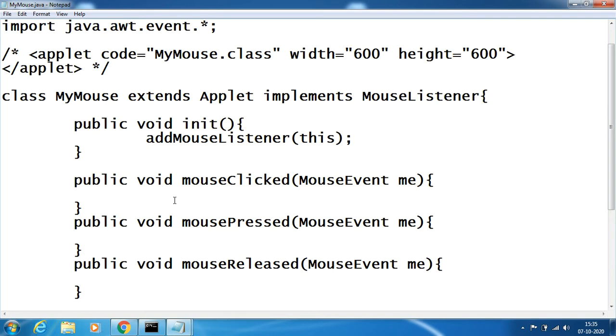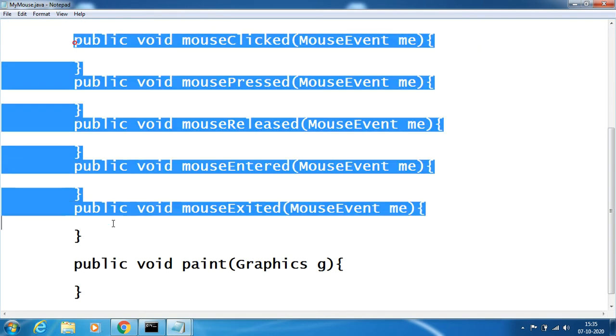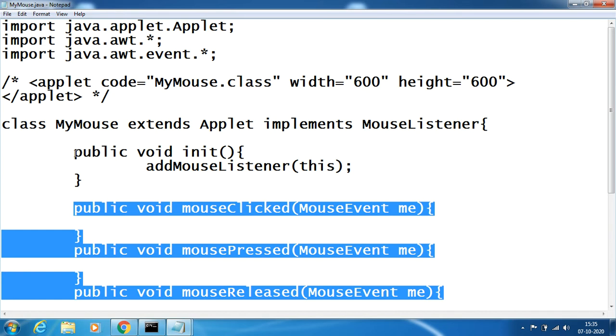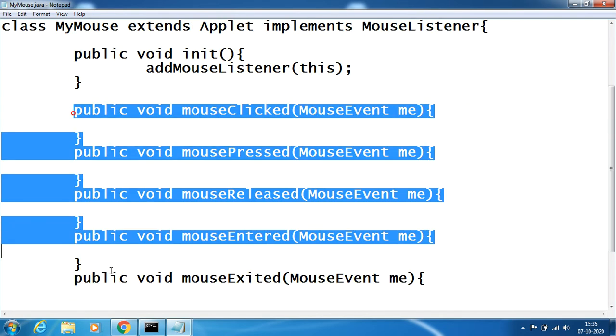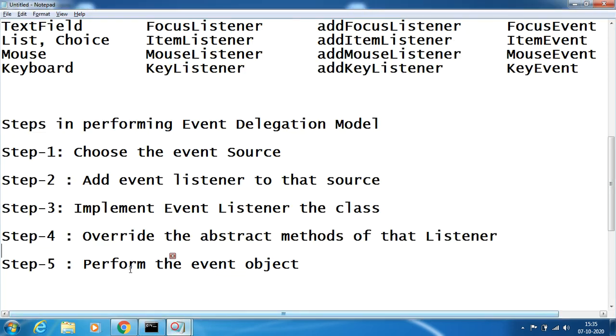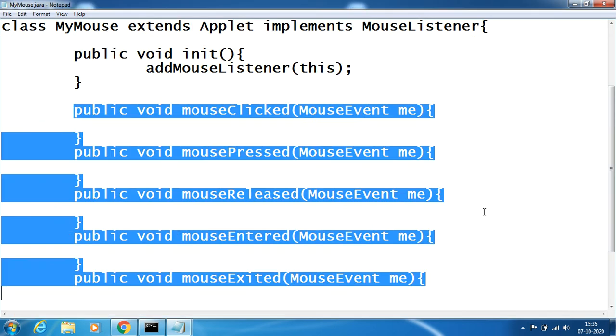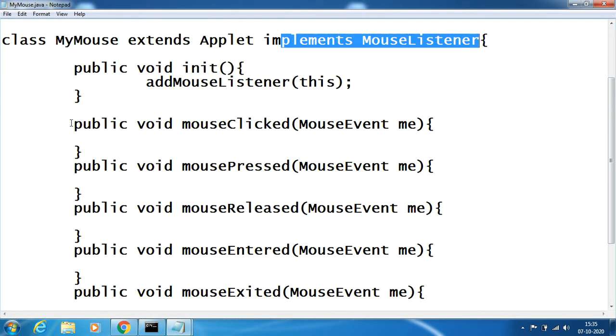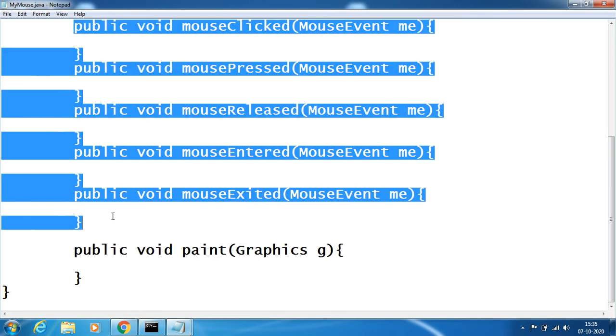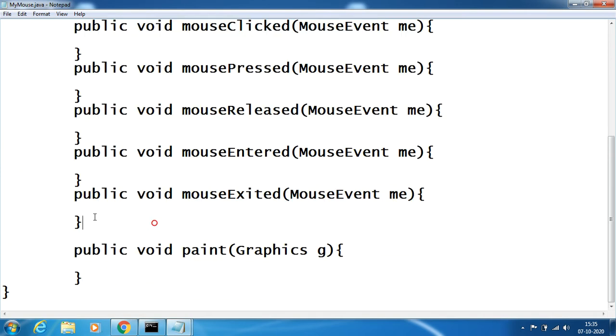If I don't override at least one method here, apart from the init method and paint method, I need to override all these methods. That is the next step, saying that override the abstract methods of that listener. Whenever I implement any listener, I must override all these methods. If I don't override, then it may lead to a compile time error.